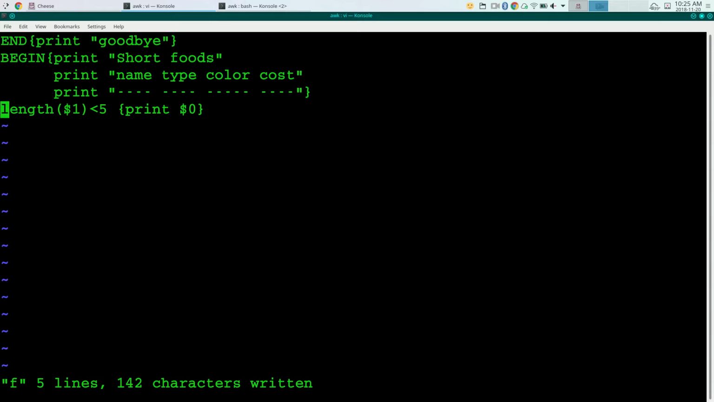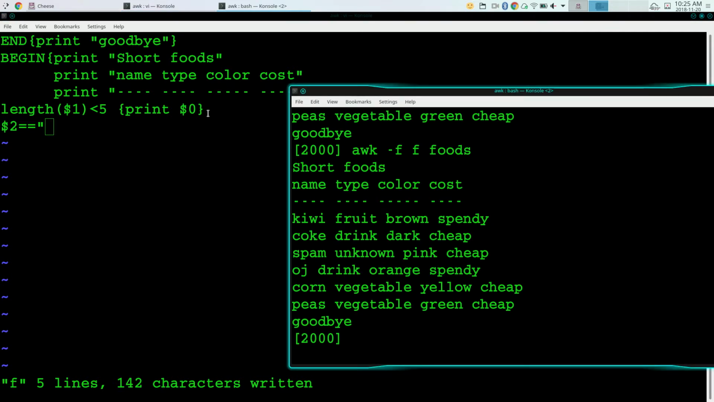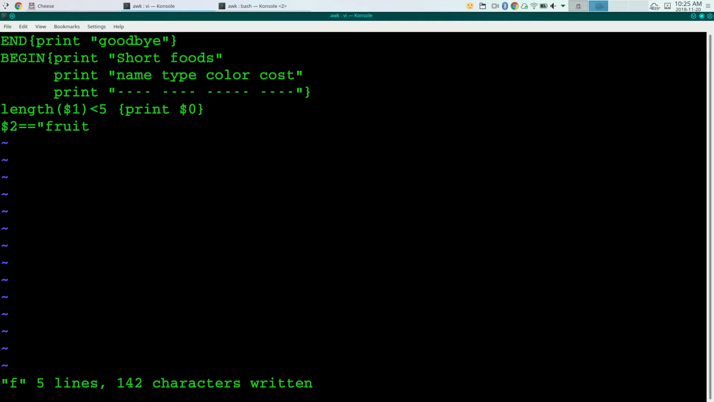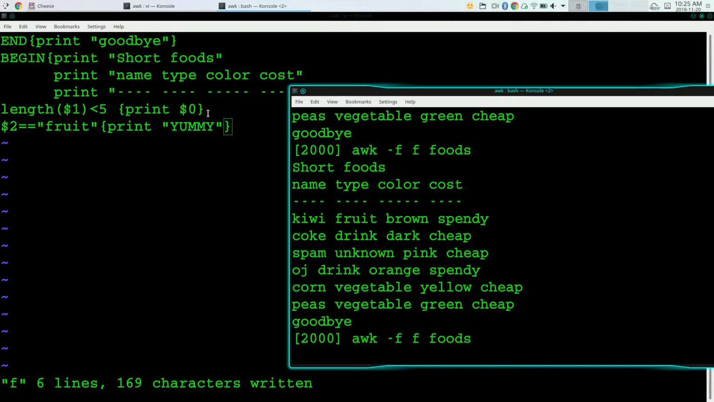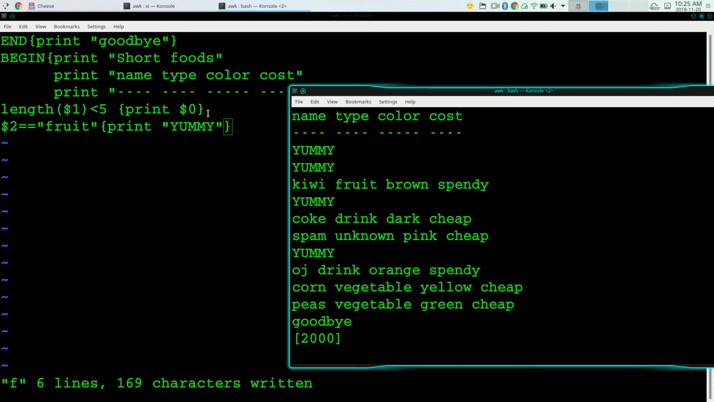So let's throw another one down here. What are our foods here? I don't know. I'll pretend I like fruit. Let's see if that works. All right, so every time it reads a line and it finds that the type is a fruit, it prints out yummy. It printed out yummy for spam. Well, it didn't print out